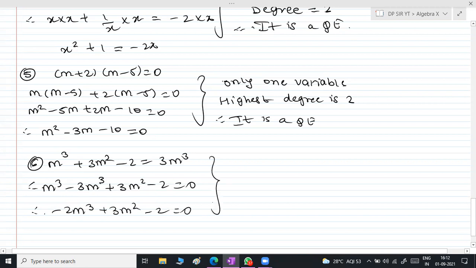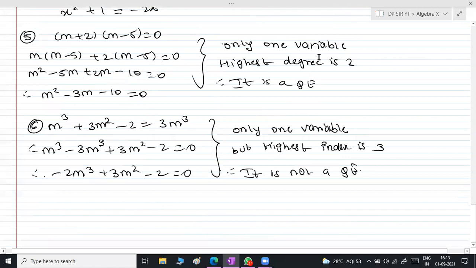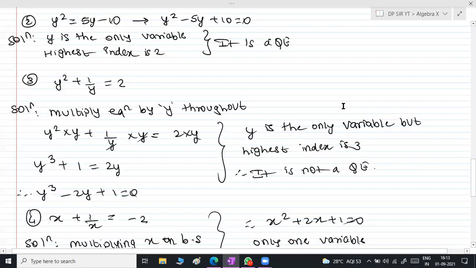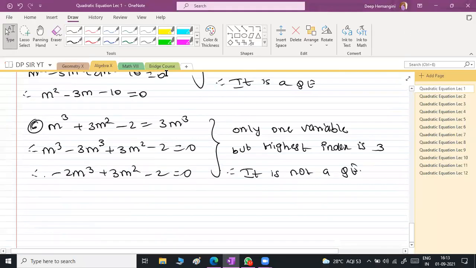So here only one variable, that condition is satisfied, but the highest degree is 3. Yeah, highest index is 3. Therefore, it is not a quadratic equation. So now you may come to know that please don't go by my handwriting. See to it that what I am explaining is understood. Let us go a bit down and let us conclude today's lecture by saying that